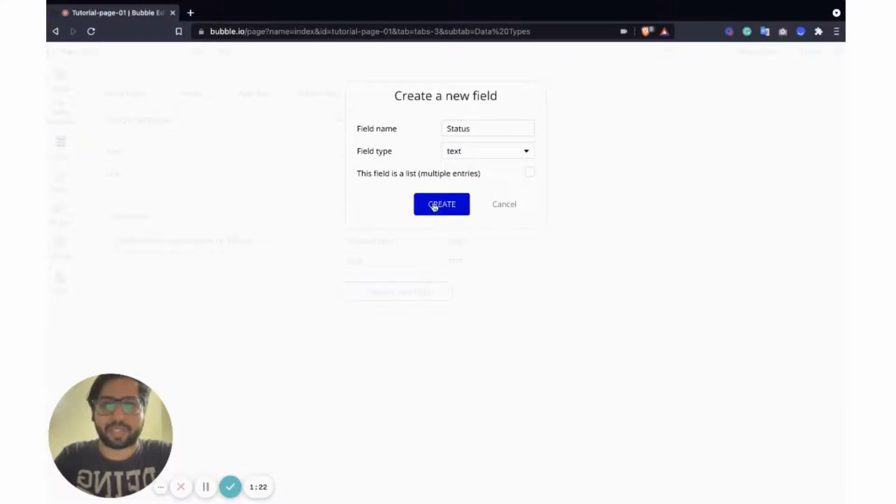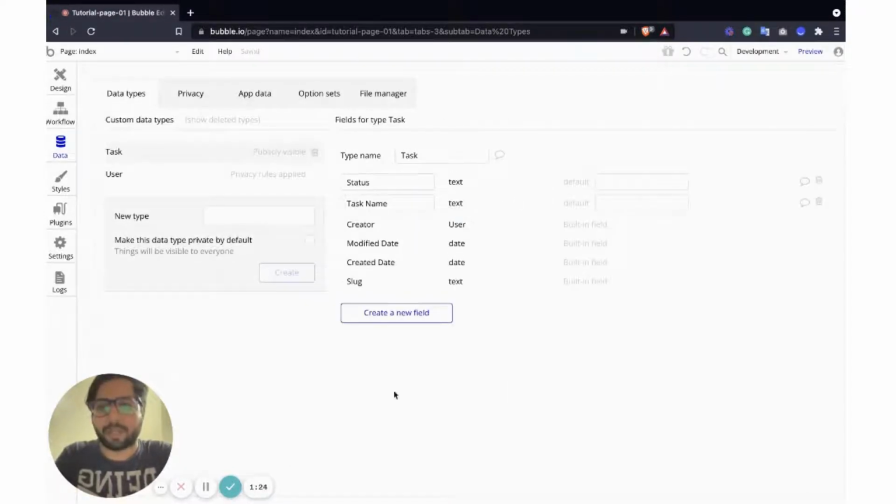You can also have multiple fields here. You can also store the date when the task is created. You can have other descriptions as the detailed description of the task, so you can have another input box and store its value here.